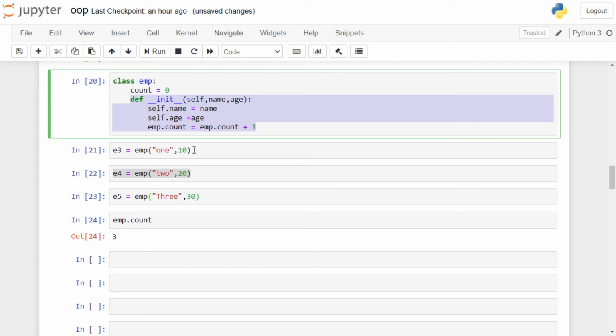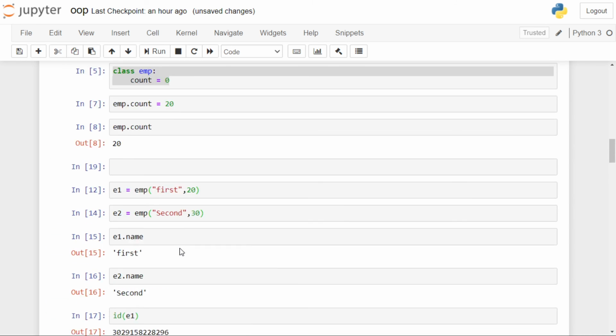So E3 is created, then init is called, name age is initialized and count is updated by 1. Then E4 is created, name age is initialized, count is updated by 1, therefore it is 2. E5 name age is initialized with 3 and 30, and emp.count is incremented by 1, therefore after 3 objects the count is 3.